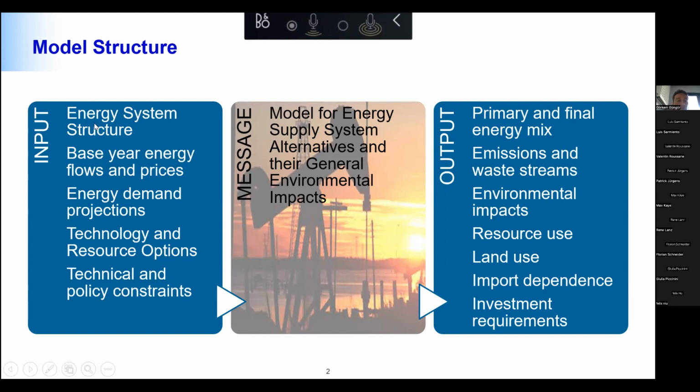And we have to define the flows and the prices for the base year energy system structure. And secondly,